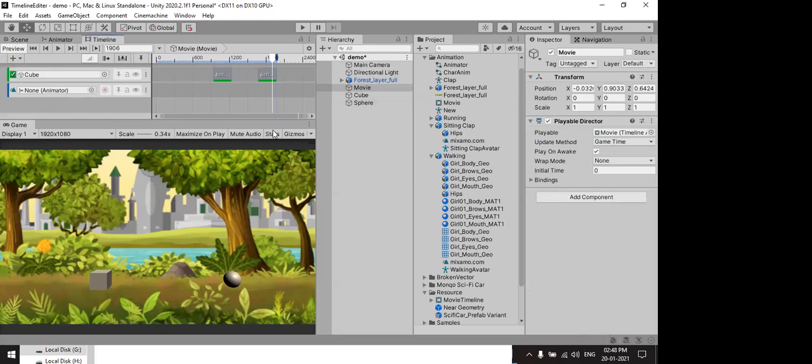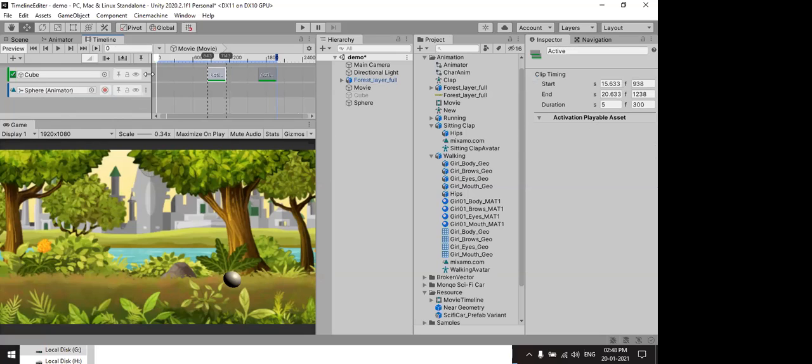In your timeline, just drag and drop your sphere over here. Create an animation on the sphere. I create one new animation and use the record button. When I record it, select your sphere.